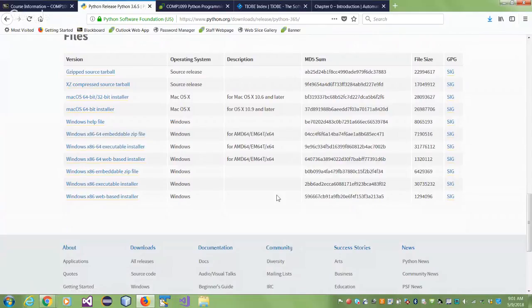But if you are a 64-bit user, which I'm assuming, you will pick up the 64-bit files. The one that was the default when you go to downloads is a 32-bit installer. So all of us, I'm hoping we have 64 bits. What is a 64-bit machine? It is the size of the address bus. What is an address bus? The address bus is the address of the memory word that you want to access.